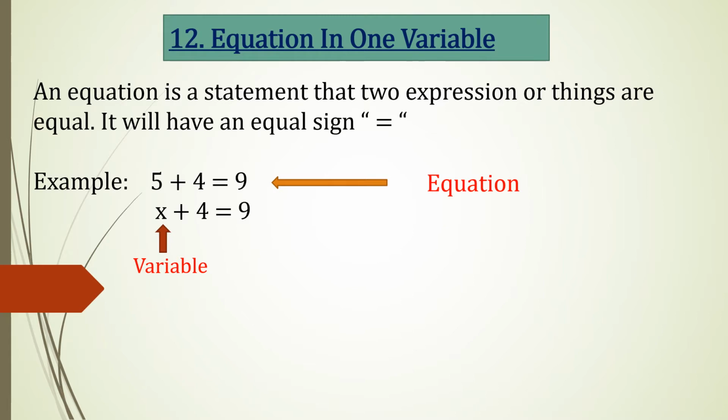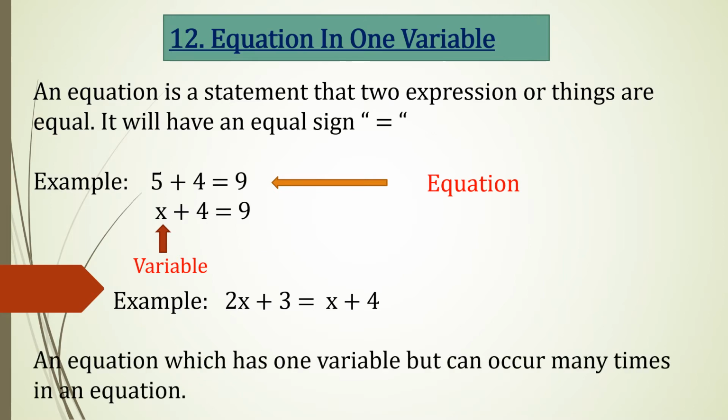I've given one more example, that is 2x plus 3 equal to x plus 4. Now students, here there are two expressions, one expression is 2x plus 3 and the other expression is x plus 4. Can you see, students, in these two expressions we have a variable x. So only one variable. There is no other variable like y, z or a, b. Yes, only one variable is there. So such a type of equation is known as equation in one variable.